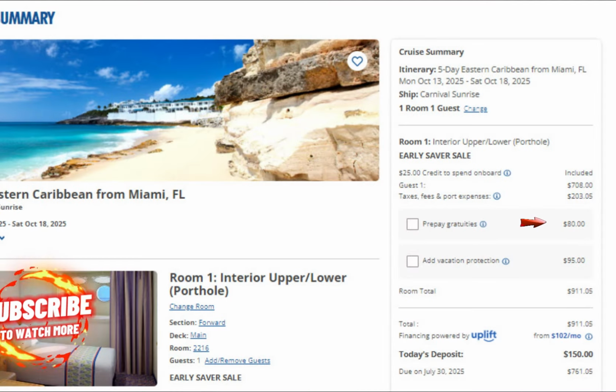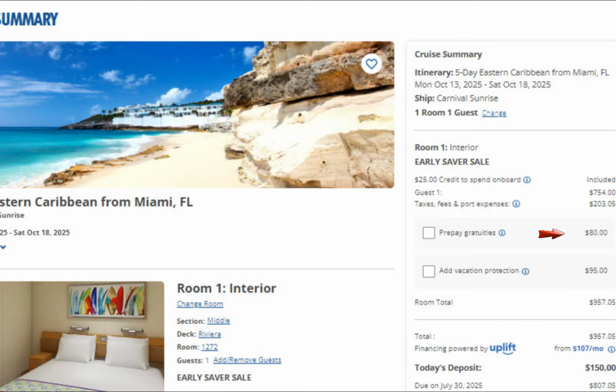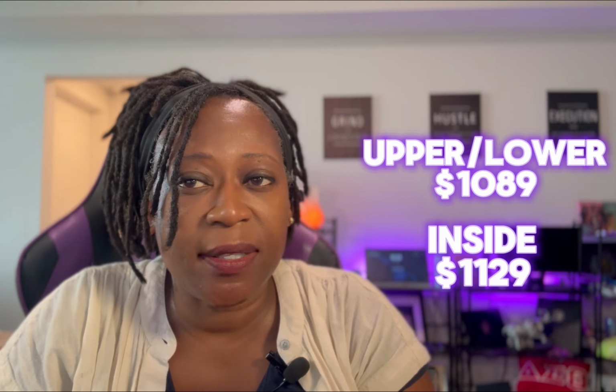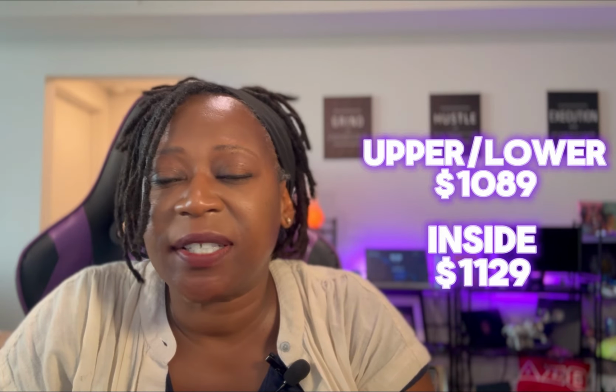So when we price out the upper lower and we add in the gratuities, our total is $1,069, and that is at double occupancy. So same for the inside cabin. If we price that out, add in the gratuities, our total is $1,229. So when we add in the gratuities and Wi-Fi, our upper lower cabin is $1,089. And our inside cabin, if we add in our gratuities and Wi-Fi, the price is